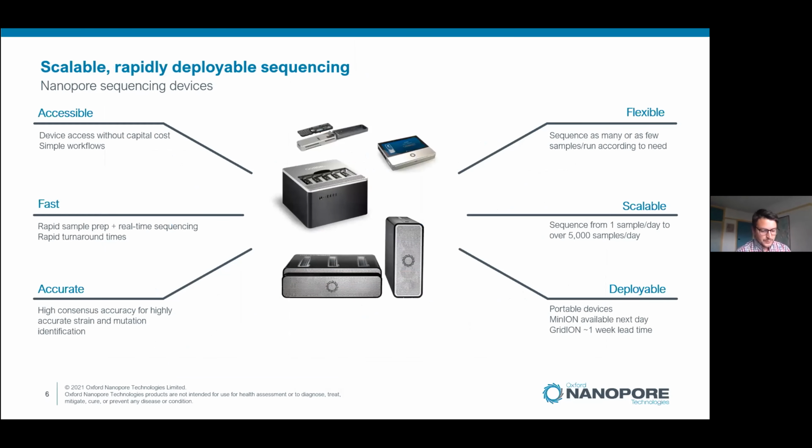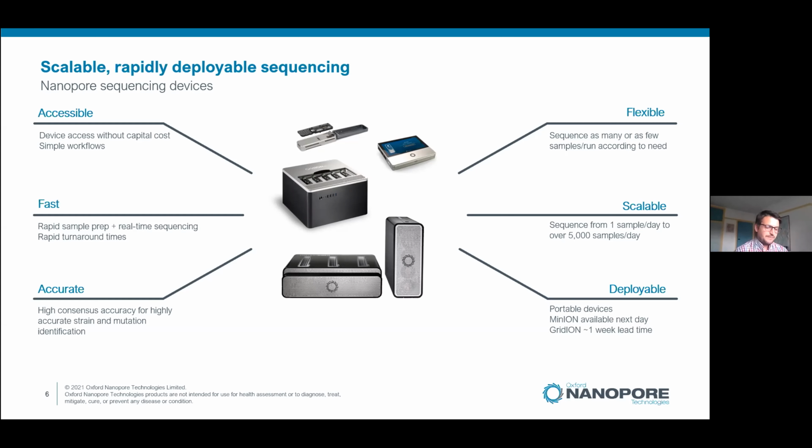Now, one of the benefits of nanopore sequencing is that it's the same technology on all of our devices. So if you want more sequencing, you can just add more ports. We can move through our family of sequencers from the very smallest, which is the Flongle or the MinION, to a Mk1C, which is a MinION with compute and base calling capacity on top.